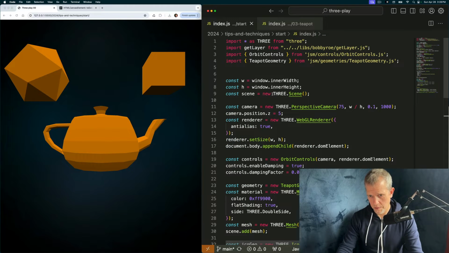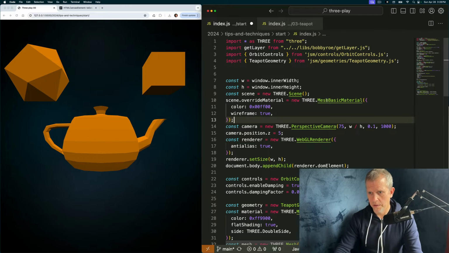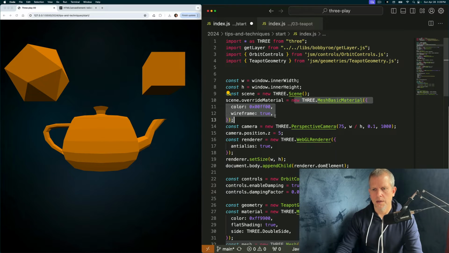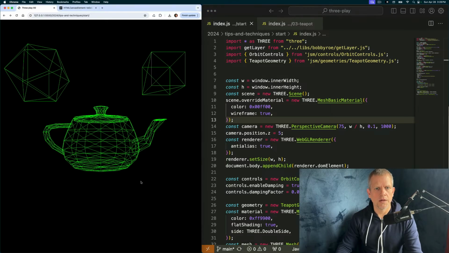And then come up here, add this line, override material equals a new material. In this case, I've a mesh basic material that's green and has a wireframe true property. Save that, boom. Every object in the scene